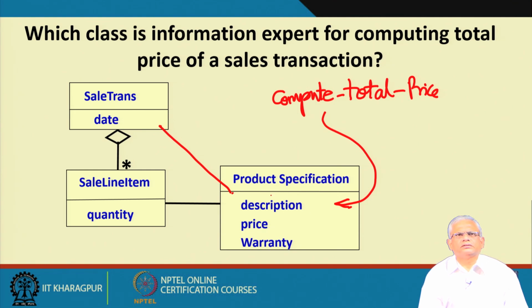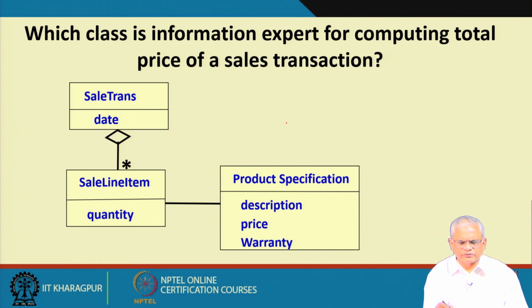And there are too many new association relations necessary, links basically. Here a sale line item has a link to one product specification, but in this situation, to compute total price for this one product specification object, we will not only have the link to the corresponding sale line item, but also we need a link to the sale transaction object and also all other sale line item objects. Definitely a bad solution. But what if we assign